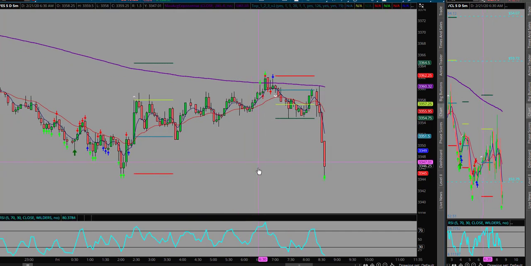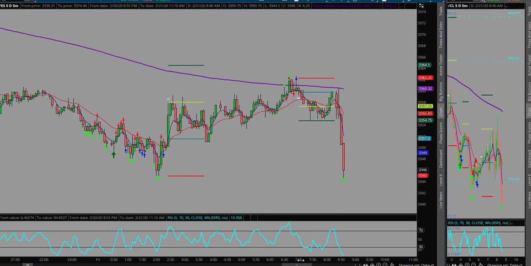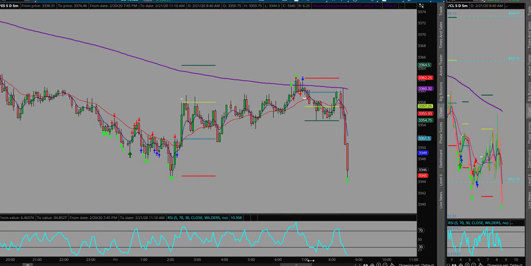So the first thing we can look at, and I didn't take this trade, I was walking with my kids to school, but a couple of things stand out in this particular example. If we scrunch this in a little bit, you can see that we are at an area of price resistance, price structure here at the 3360 level. And you can see we've got a lot of wick rejections up here at these levels. Two, it also happens that we get this rejection here at the 200-day moving average,